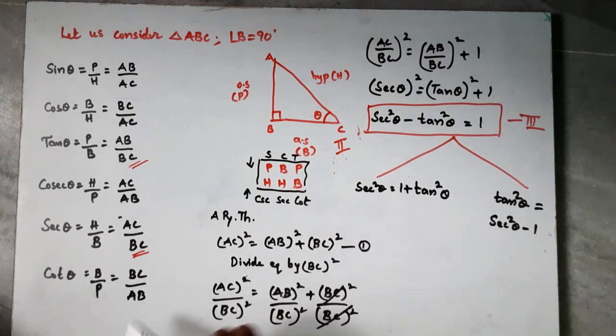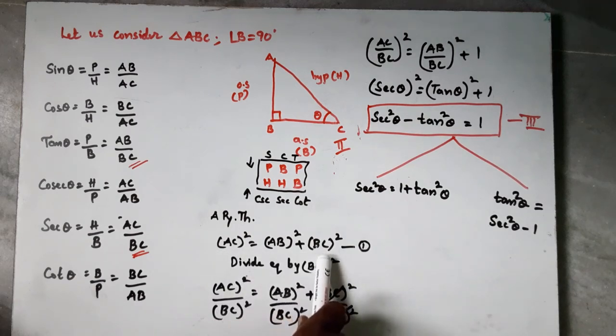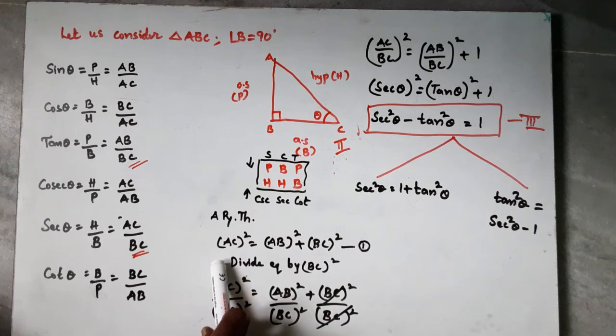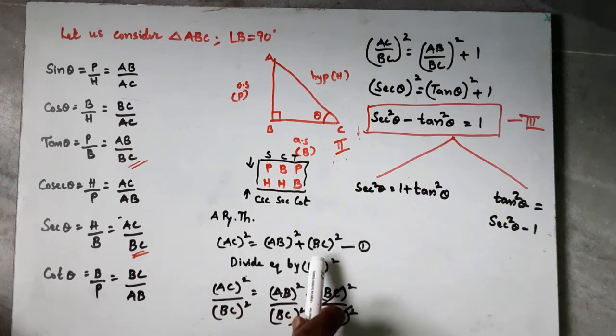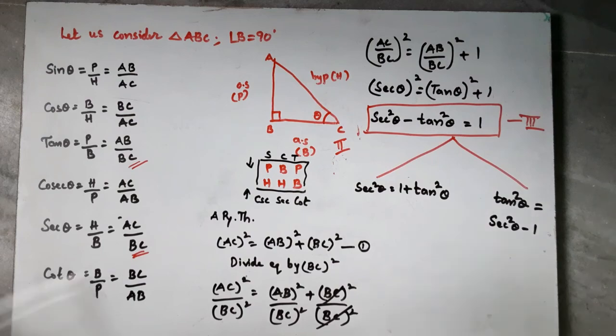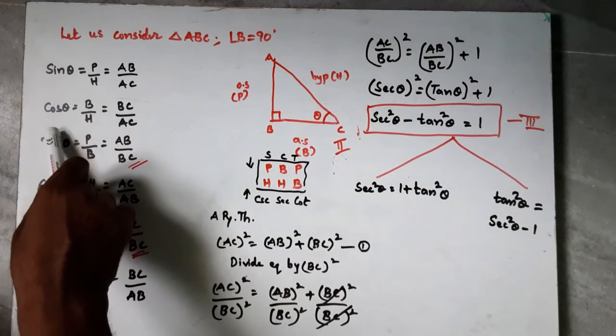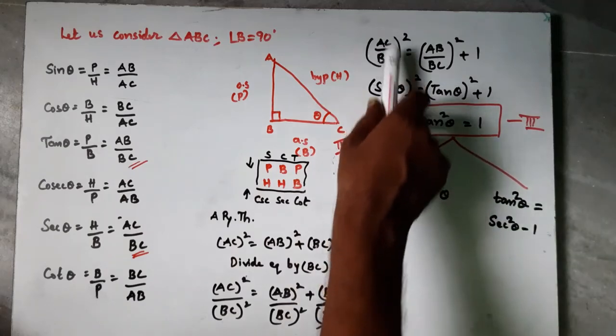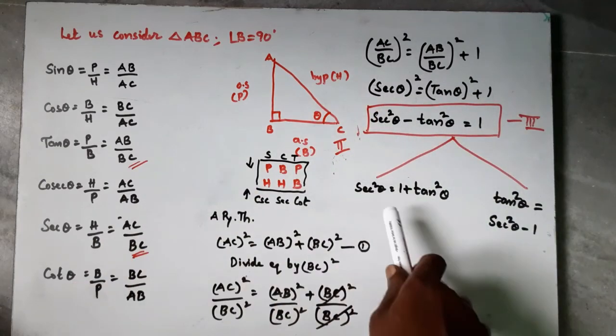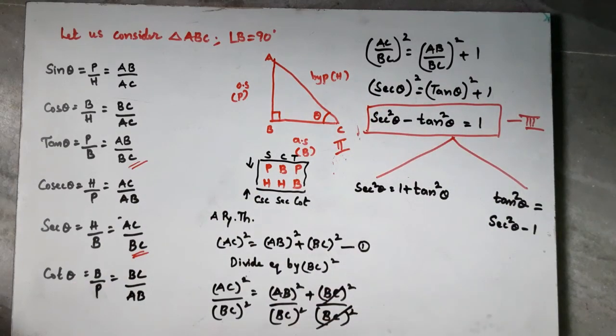So it is very easy to get the trigonometric identities. In this Pythagoras theorem, to get the first one, divide throughout the equation by AC. To get the second one, divide by AB. For the third one, divide by BC. Then you simplify these values, and from those values you can write down the substitutions. AB by BC means tan theta, AC by BC means sec theta. Like this you are going to get 3 trigonometric identities.